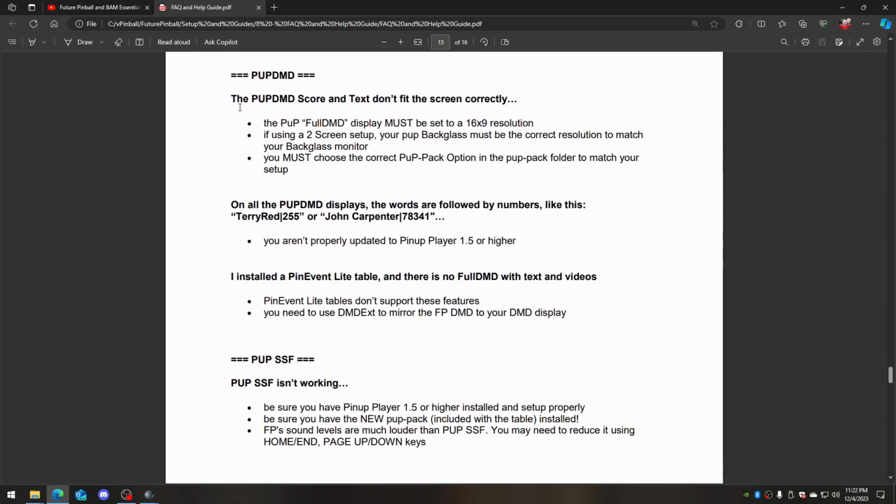So PuPDMD problems. So PuPDMD, the PuP-Pack that displays. If the fonts don't look right, they look squished or tall or skinny or something doesn't look right, well, you have to make sure you're set to a 16:9 resolution in your PuP displays. So what are we talking about with that? Well, we're talking about